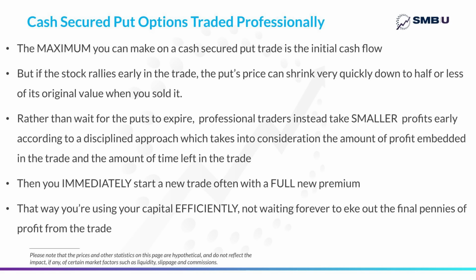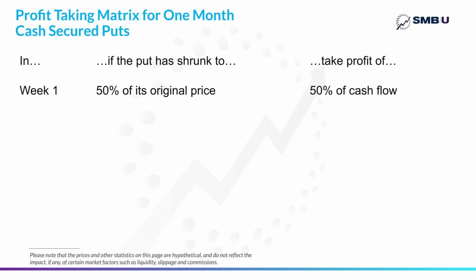Doing so maximizes your capital utilization instead of allowing your capital to be stuck in a trade where a win is almost inevitable. But the needle towards that win is barely moving every day because you've earned so much of the profit already. And so, for example, a common approach is to take the duration of the trade and split it up into quartiles, such that on a 1-month trade, for example, if the trade got up 50% of its